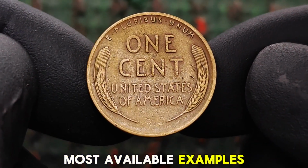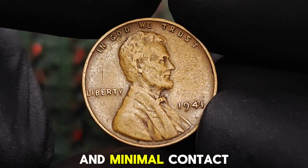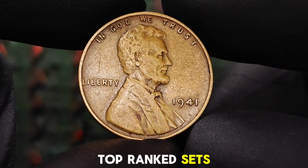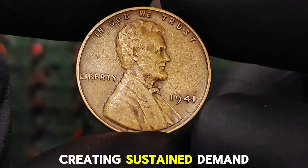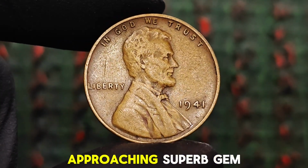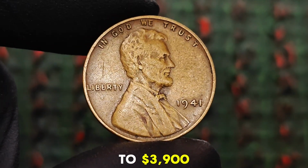Most available examples exhibit ordinary circulation wear, while truly outstanding mint state red coins with sharp strikes, vibrant luster, and minimal contact marks remain surprisingly difficult to locate. Registry collectors assembling top-ranked sets continue competing for these finest certified examples, creating sustained demand whenever premium quality pieces appear at major auctions. Some authenticated coins approaching superb gem condition have realized prices in the range of approximately $2,900 to